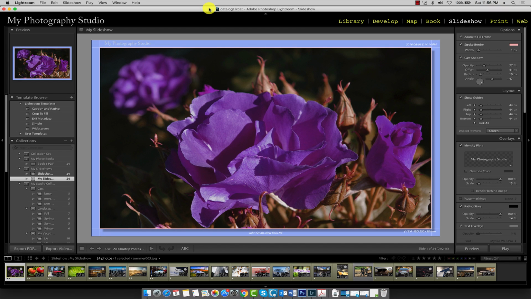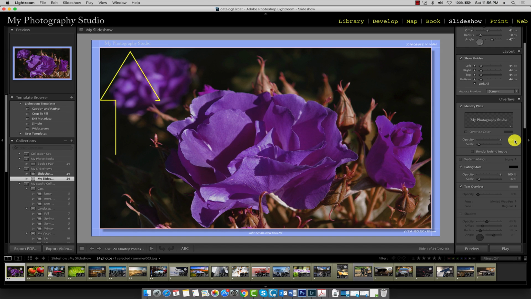In this lecture, we'll explore the Overlays panel, so go ahead and expand it. The Overlay panel controls the text that appears in the top left portion of the slideshow. The text right now is a bit faint because we changed our slideshow background color to a lighter tone. If you changed your background color to white or anything similar, you may not be able to see the text